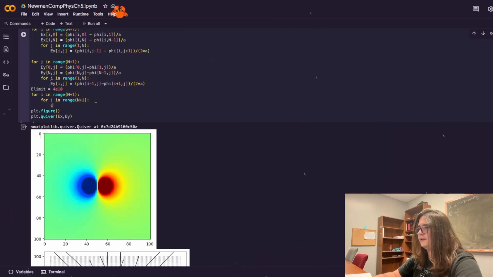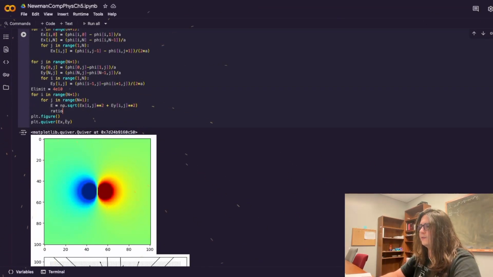We can calculate the magnitude of the electric field arrow at each of those points, again by doing the Pythagorean theorem. So this is going to be EX indexed i comma j squared plus EY indexed i comma j also squared,